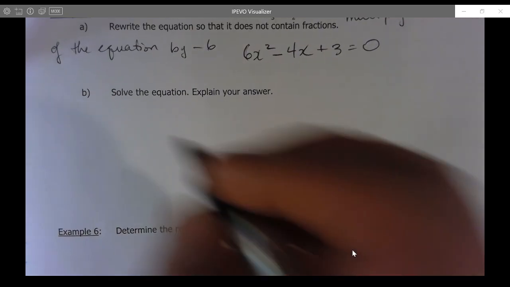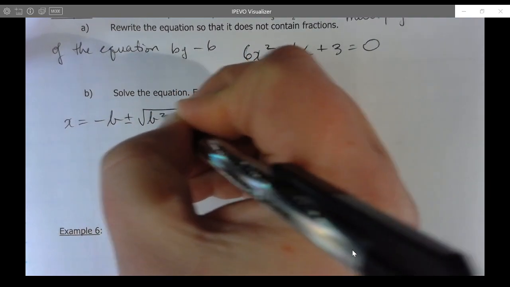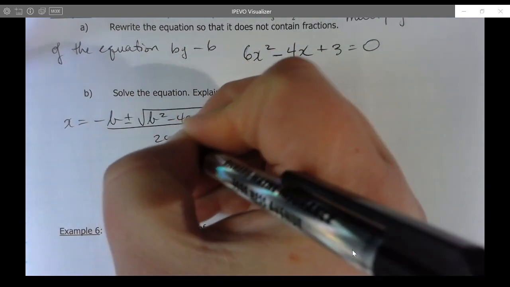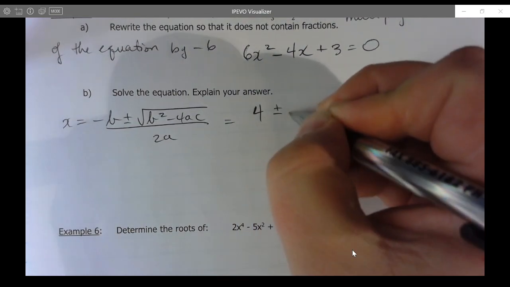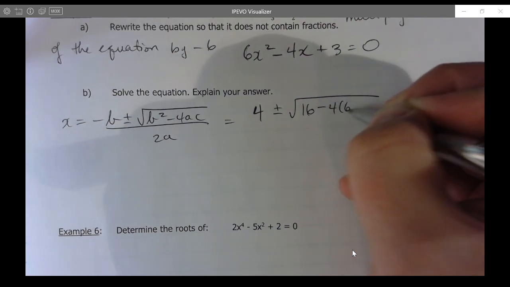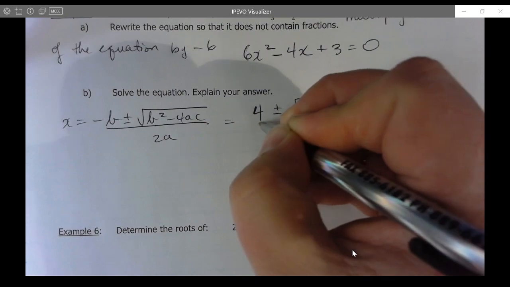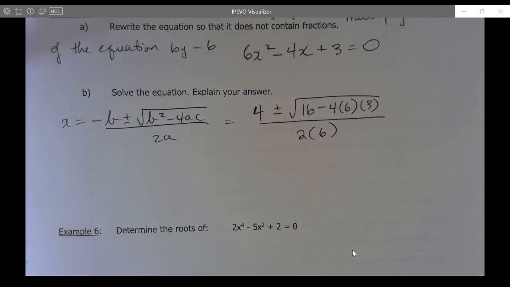Let's write the formula down one more time. X is equal to minus b plus or minus the square root of b squared minus 4ac all over 2a, which is minus -4 plus or minus the square root of 4 squared minus 4 times a times c all over 2a. All right, so we have 16, yada, yada, yada. I think you get it from there, right? Okay, so from there, what do we do now? Well, we plug in our numbers and we get